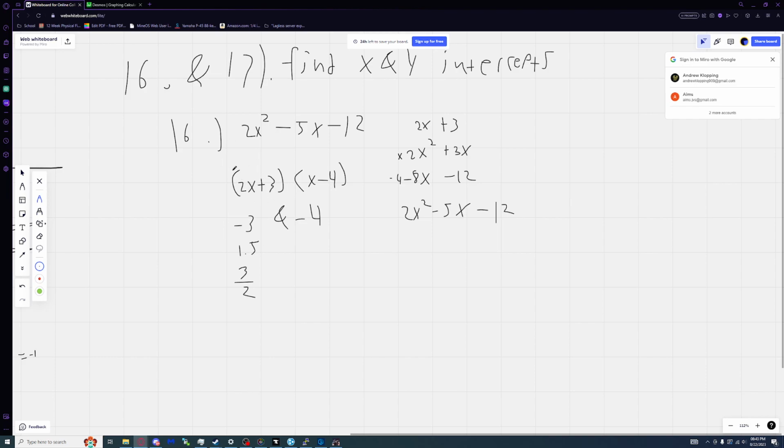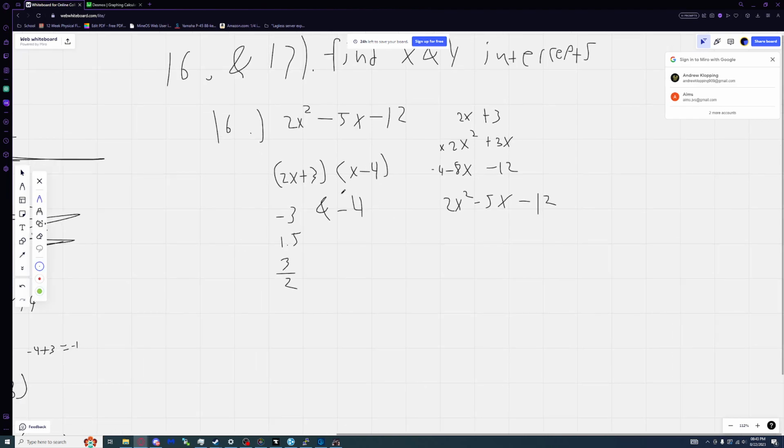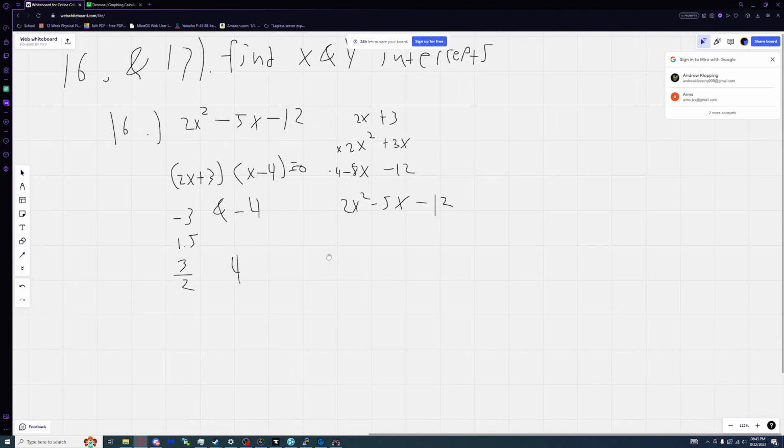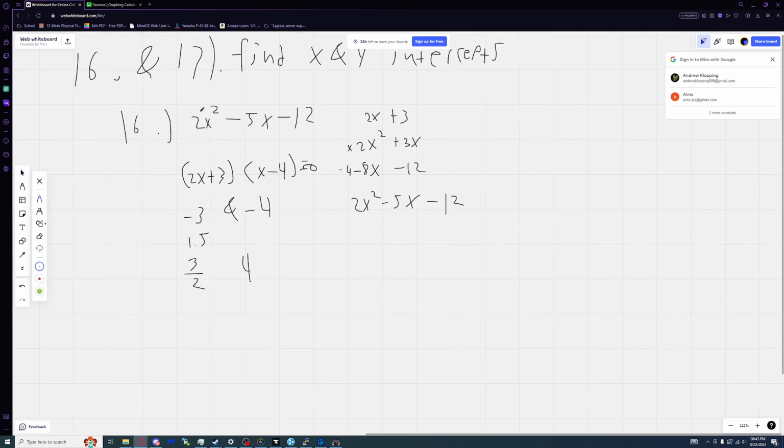So 3/2 gives us our first zero, because when you're finding the x and y intercepts, you want to see when this whole thing will be equal to 0. So since we're doing that, we can see that our first x-intercept, I believe it's our x-intercept, will be at 3/2, and then our next one will be at 4. Now all we have to do is plug these two values into the equation to see